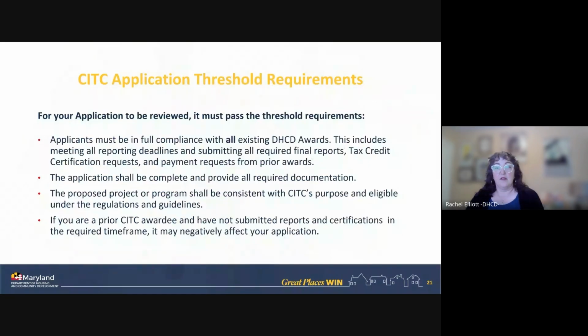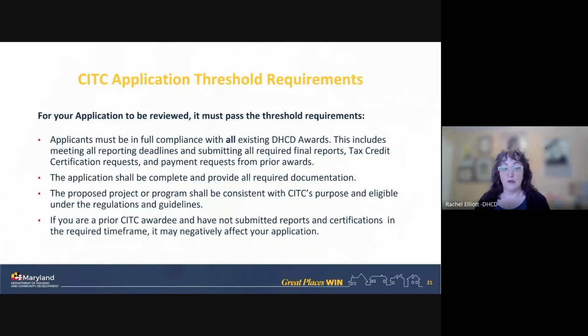And I think the one thing that Gina and I keep saying is that there's a threshold requirement to even get your application for review. And I think that this is really, really important to know these things, because if it doesn't pass these requirements, we're not going to look at your application. So one, we request that all applicants who have been previously funded through DHCD Neighborhood Revitalization, whether it's through CITC or SRP or Main Street or any of our other programs, you must be in full compliance with all of your existing awards.